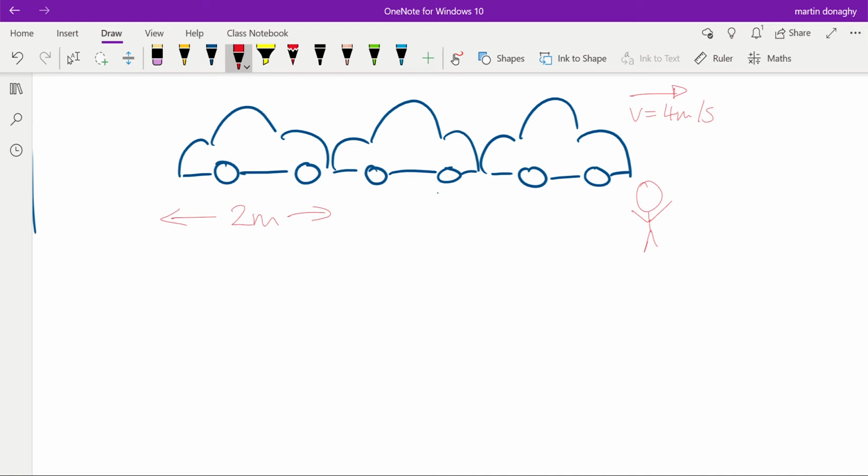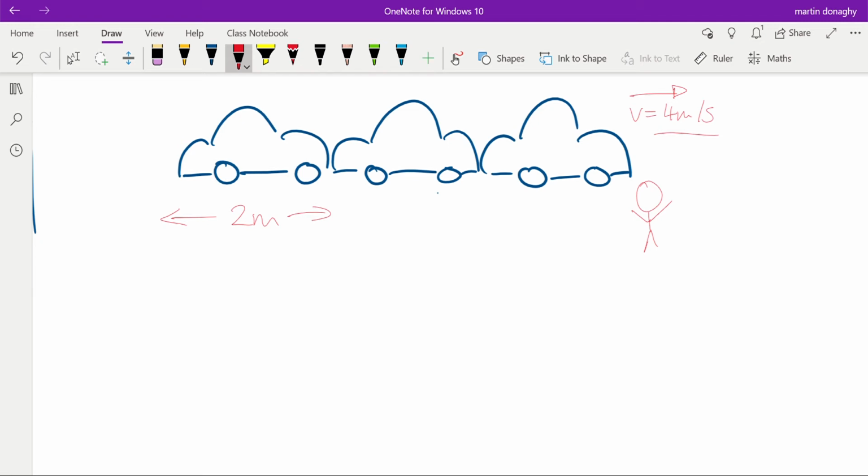Okay, let's look at this little thought experiment. So we have a person over here who is looking at a traffic jam, and the cars are moving pretty slowly. They're moving at a speed of 4 meters per second, and they're all exactly the same car. They're all pretty bad drivers because they're bumper to bumper, and each car is 2 meters long. And the question we're going to ask you to think about is how many cars would pass that person in